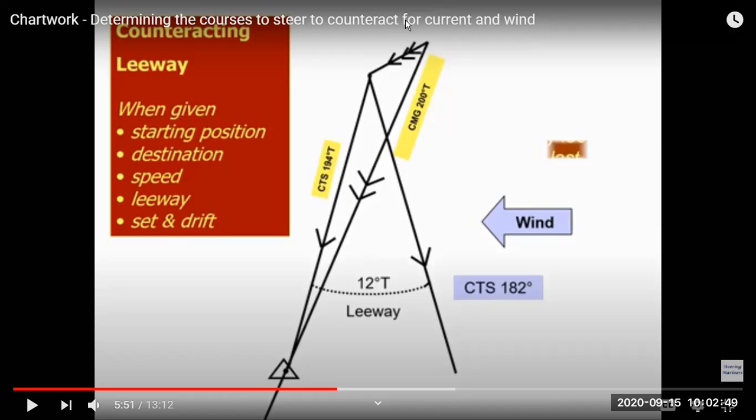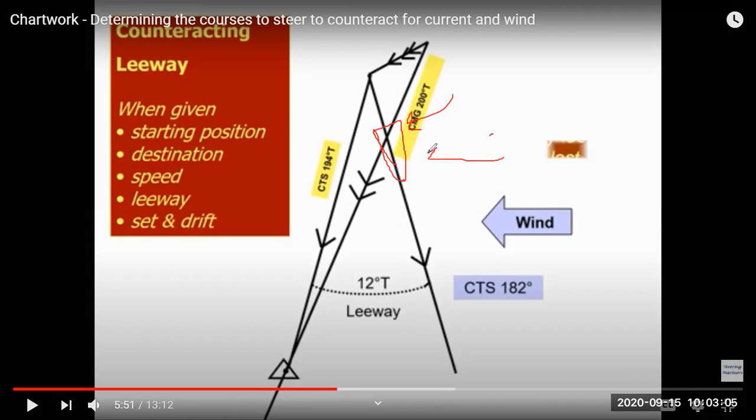So same thing, the ship steering is like this, and the current is pushing like this, and the wind is pushing like this, and the ship keeps on moving on this track, on this course made good.